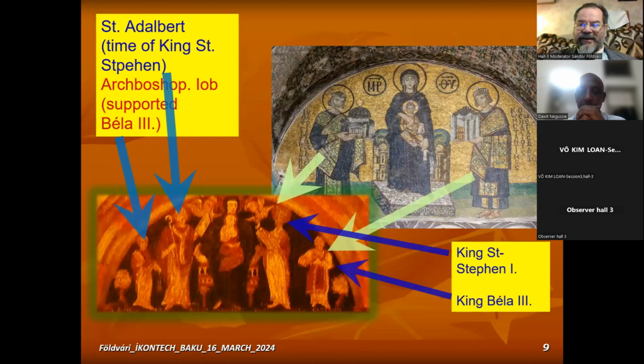And you can see the parallels: the Mother of God is sitting in the middle, and two emperors. Thus, in Hungary, the founder of Hungary, the first king, Stephen I, and Bela III himself, and two more people, two archbishops who played a very important role in Hungarian history and who crowned these kings respectively. So this is very similar to the Byzantine mosaic, but with the addition of some figures.